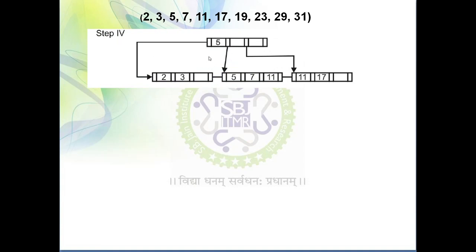So 2 and 3 is the left child of 5, 7 is the right child of 5, and 7 is greater than or equal to 5. Then here 11 is there, so 5 and 7 are less than 11, and 11 and 17 are greater than or equal to 11. That means this property is satisfied. So every time you have to make sure that the left child should consist of a value which is less than the root node, and in the right child we can have values greater than or equal to the root node. This property you need to ensure in each and every step.